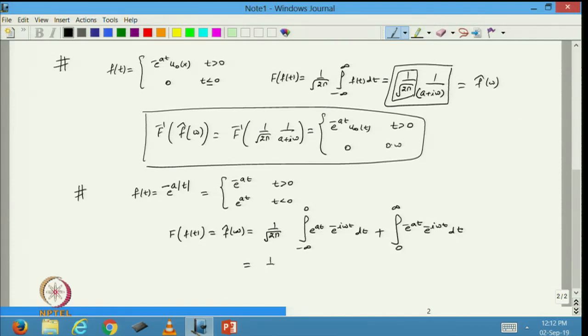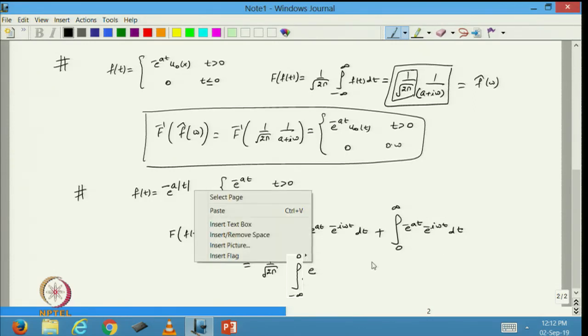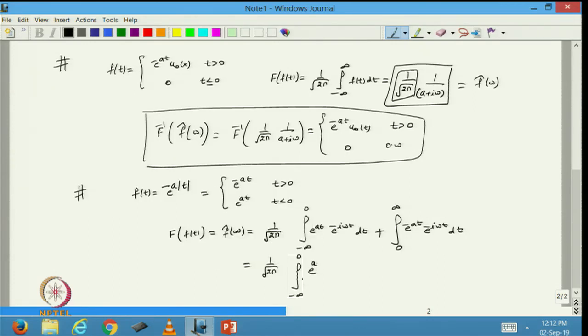So, if you further solve this one, this can be written as e raised to a minus i omega t, plus e raised to minus, I can take common, a plus i omega t dt,